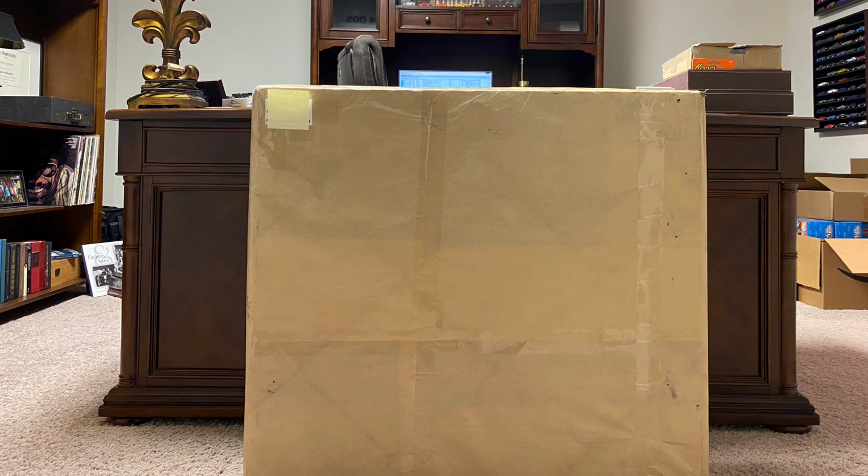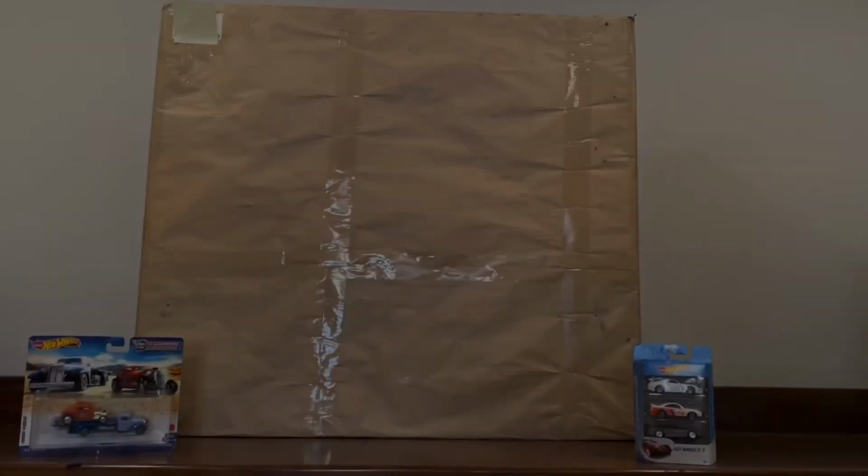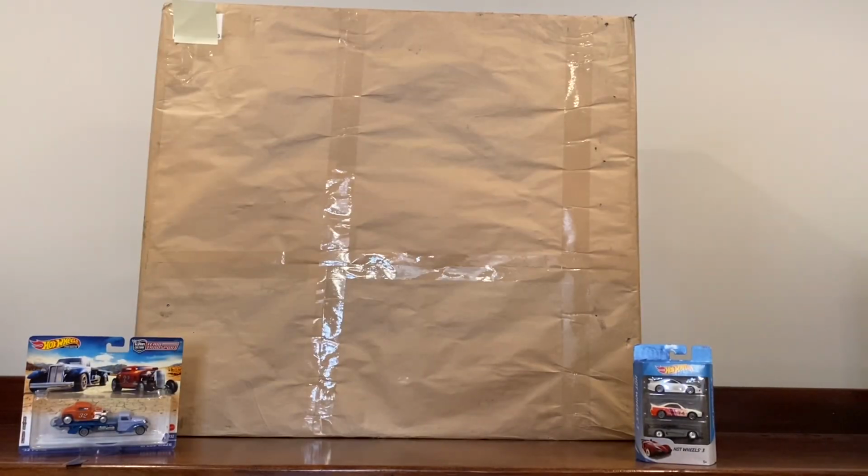Any guesses on who sent a box this big all the way across the ocean? Okay, so here is a better example of the perspective of this package. I've got the team transport on the left, a typical 3-pack on the right, so you guys can see how big this package is. I'm gonna do some initial unwrapping, and then we will dive in and see what Tyrone